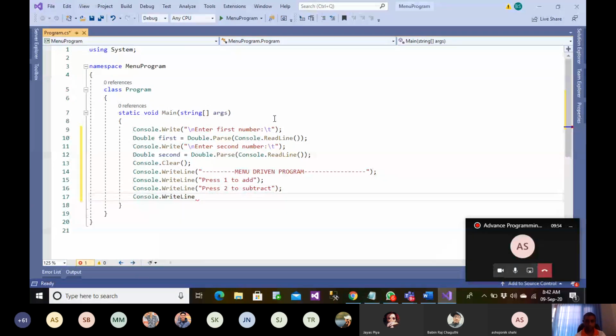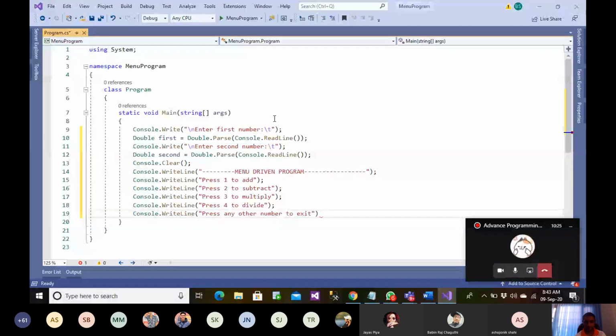Press 3 to multiply. Press 4 to divide. Press any other number to exit. Okay, this is our menu, and we want to get the user's choice.